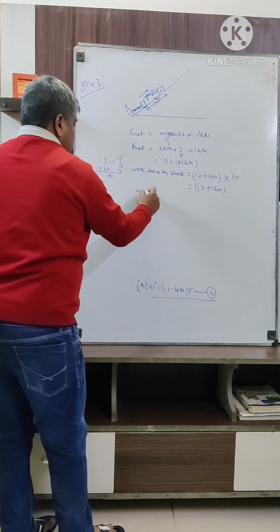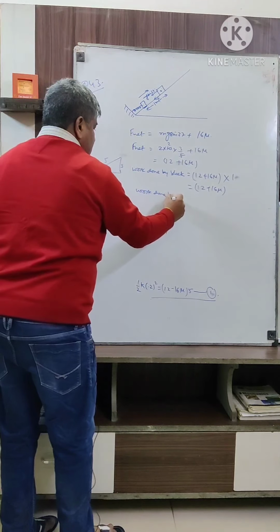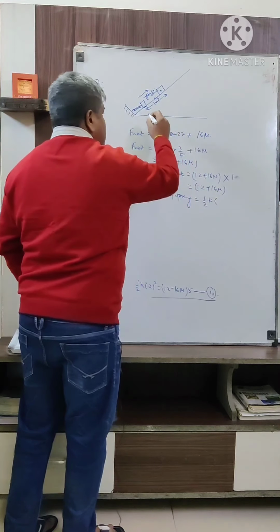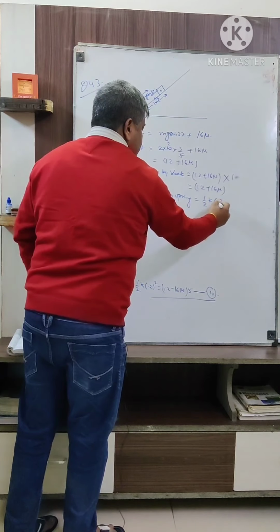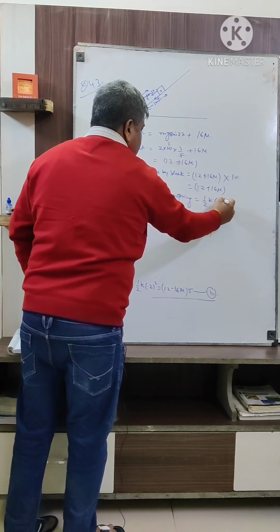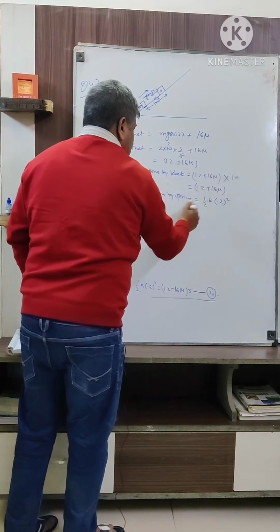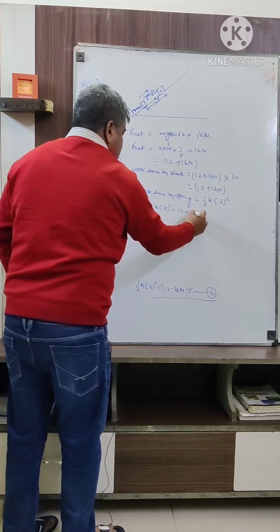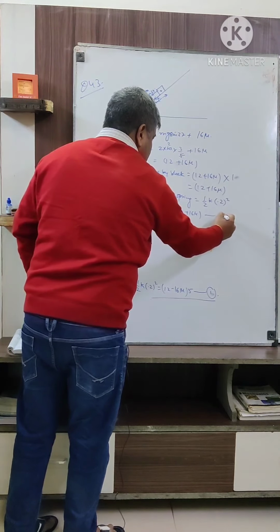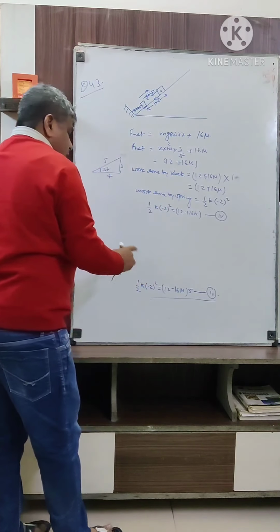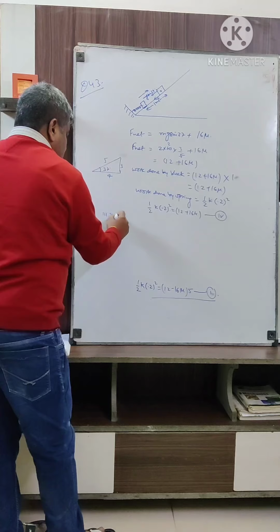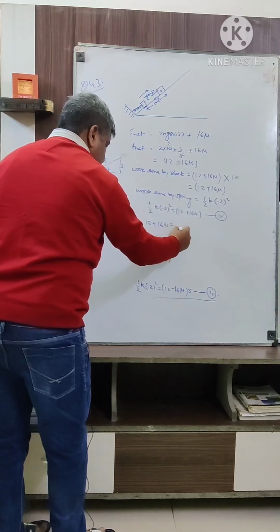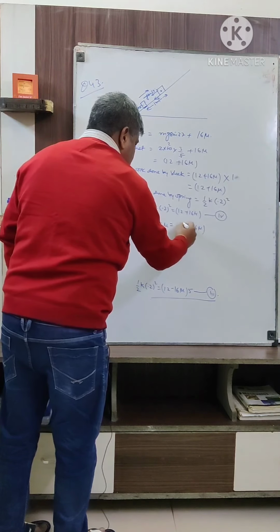And now the work done by the spring. Work done by the spring is also half of kx square. Here x is also 0.2 because the spring is compressed by 0.2 meters. So we can equate it: half k 0.2 square is equal to 12 plus 16 mu. This is the fourth equation. And now from the third and fourth, 12 plus 16 mu is equal to (12 minus 16 mu) times 5.